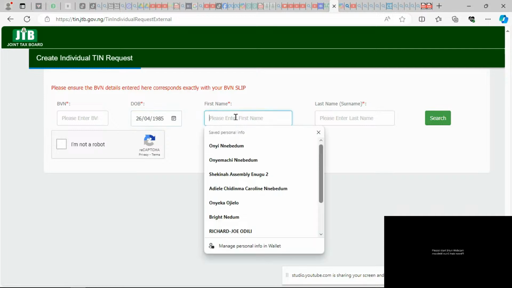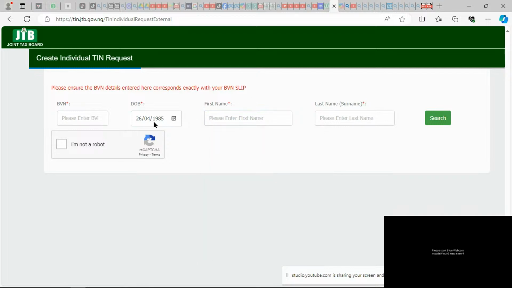And here you put your first name. What I would advise you do here is let the first name and the last name you're putting here tally with what you have on your BVN or your bank account. Let the name you put here be the same, or what you have on your ID card, let it be consistent.